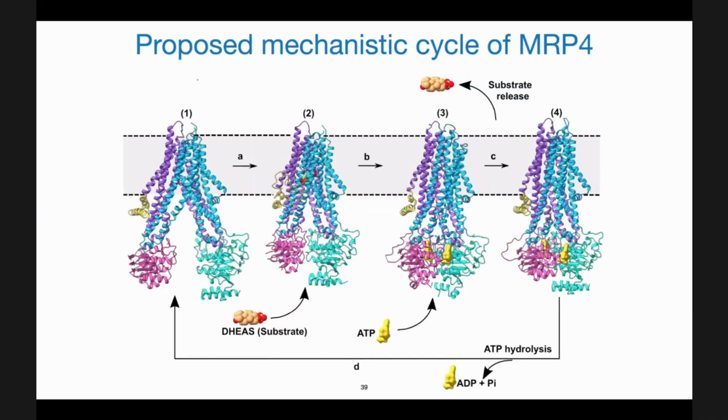So based on all this information we had from asymmetry as well as substrate binding sites and the movement of helices, we are proposing the mechanistic cycle of MRP4, where MRP4 exists in a resting state, and when substrate binds, it brings all the TM domains together, so that the NBDs also come together. However, when ATP binds, then these NBDs close more, they come even closer, and that leads to the exit of the substrate, and then it leads to ATP hydrolysis and recovering back to the resting state.